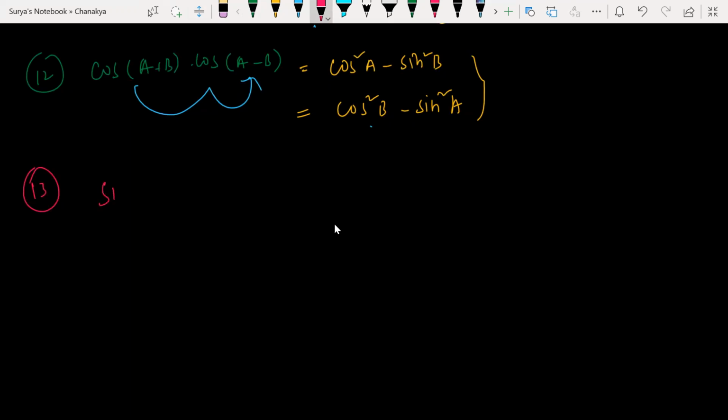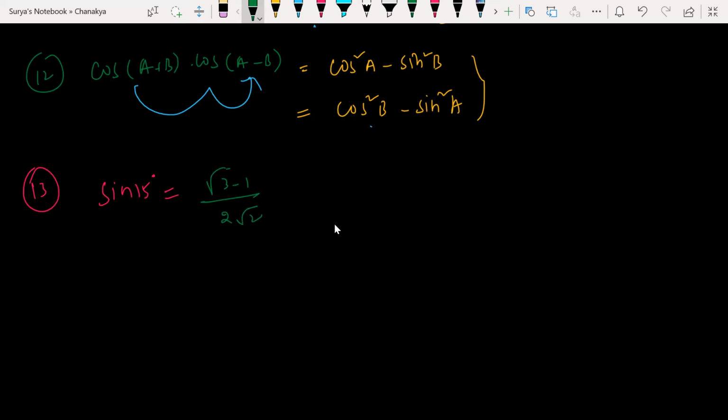So now you can remember a few degrees. Sine 15 degrees is how much? Sine 15 degrees can be written as 90 minus 75. What is sine 75 degrees then? You don't know, right? Then how can you apply it? Can you apply sine 60 minus 45 and use the sine A minus B formula? Yes, sir. Sine A cos B minus cos A sine B, and you will get the answer. So instead of doing all that, I simply remember sine 15 degrees is root 3 minus 1 divided by 2 root 2.